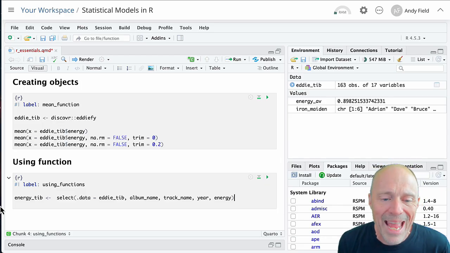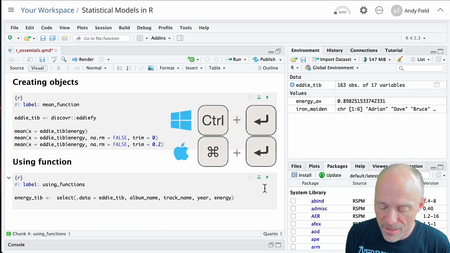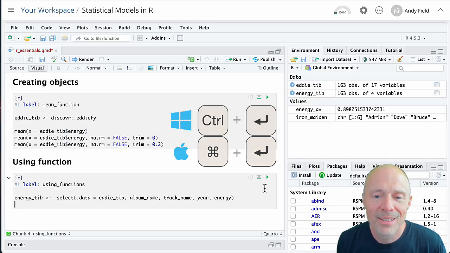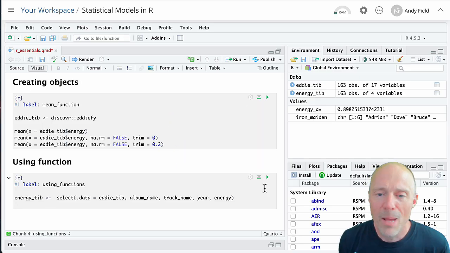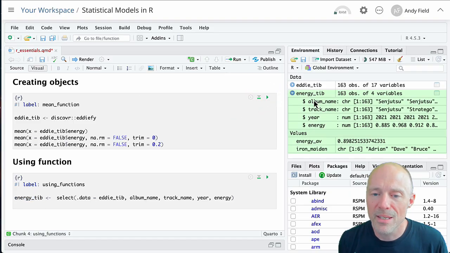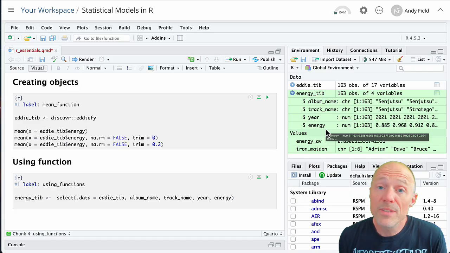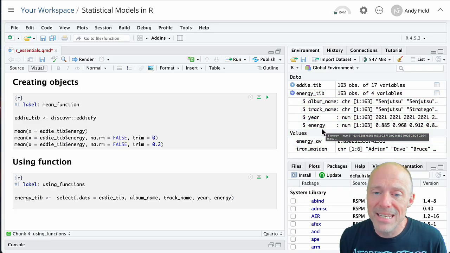So what happens when we execute this line of code? Because my cursor's on that line, I can just hit Command Return. I'm on a Mac. And what happens? Well, seemingly nothing happens, but in fact, we've created an object called energytib. So if we look up here in our environment, we can see energytib. If we click on this blue play button, we can see that energytib contains 4 variables: album name, track name, year, energy. So using that select function has allowed us to take eddytib, which if we look up here,